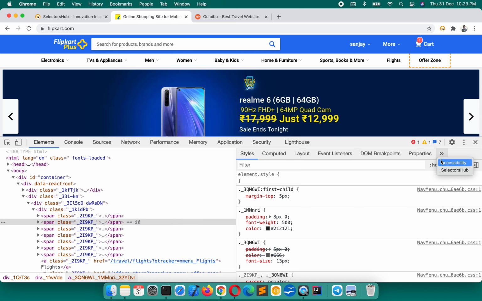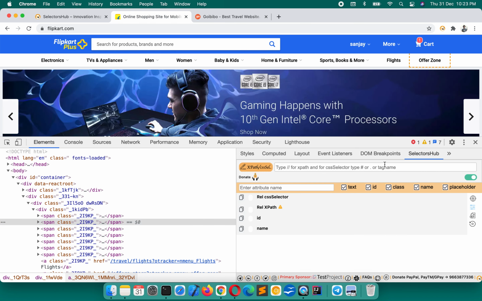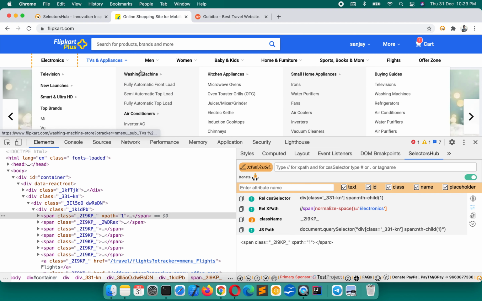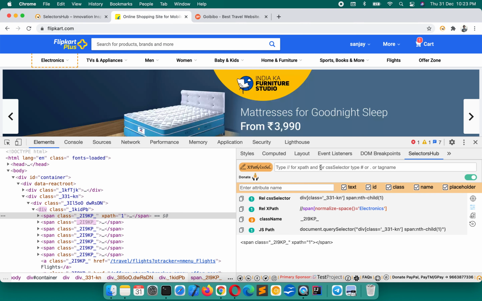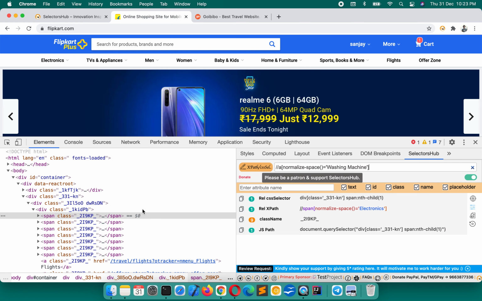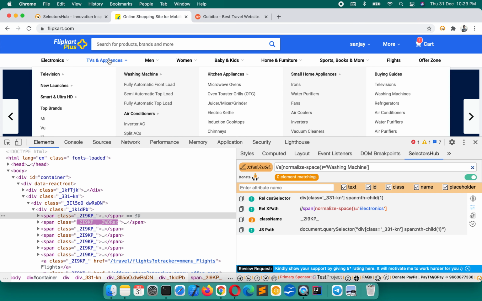Now if you paste this XPath value here in SelectorsHub, the one we copied for this washing machine, and press enter, it will show zero matching nodes because this element is not available in the DOM. But if you really want to see it, hover on this element and now press enter.